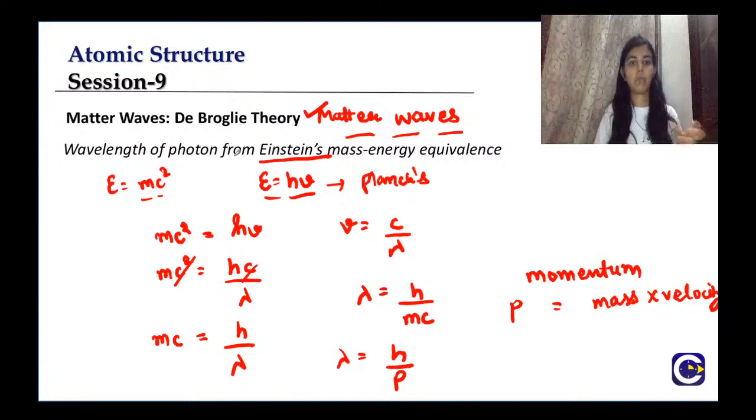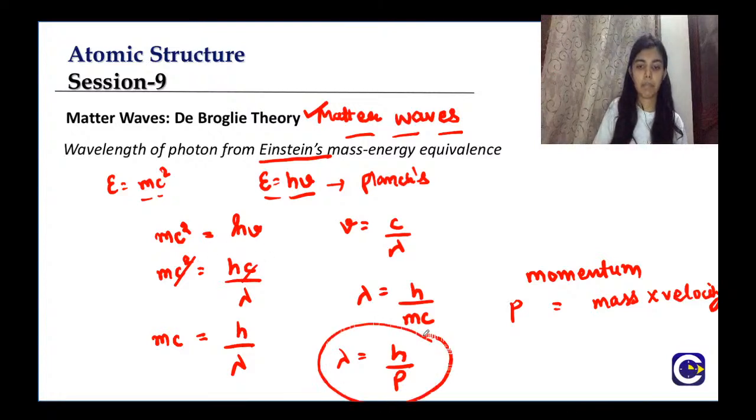Okay. So de Broglie theory is that each matter is associated with matter waves and there is a dual nature of matter, that is the particle nature also and the wave nature also, right? So he basically equated mc square equals to h nu, and then he arrived at the formula that lambda equals to h by p, where h is the Planck's constant and p is the linear momentum, which is also given as mass into velocity.